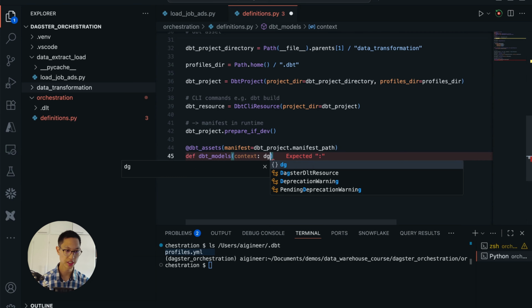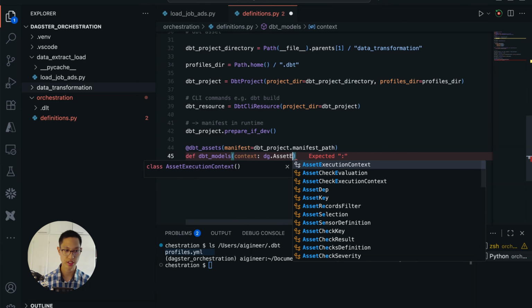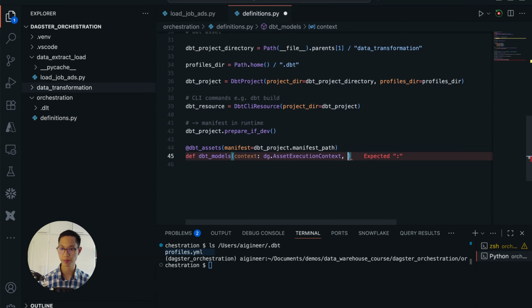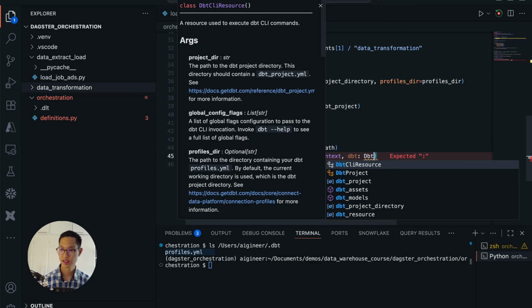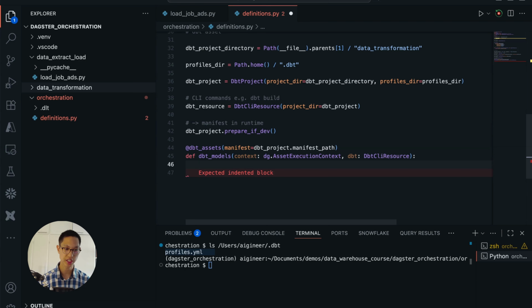Context is dg.AssetExecutionContext, the execution context for the metadata. Remember, we're doing dependency injection now, as before. dbt is our DBT CLI resource, so that Dagster can create the instances of this context and this dbt that it can use for different things. And then we'll have yield from